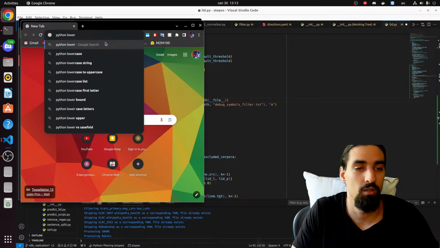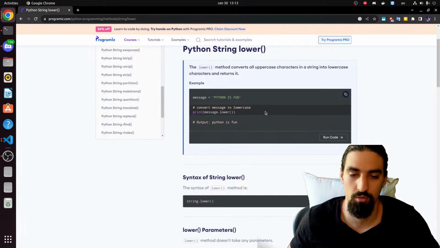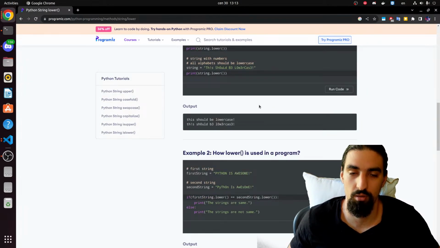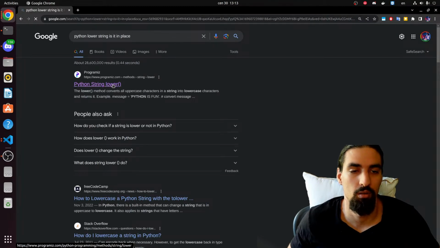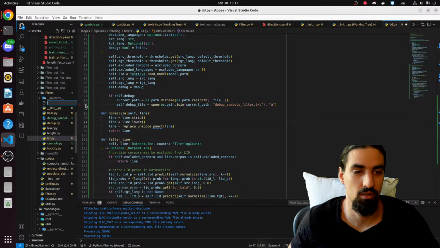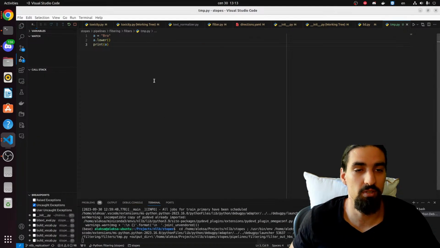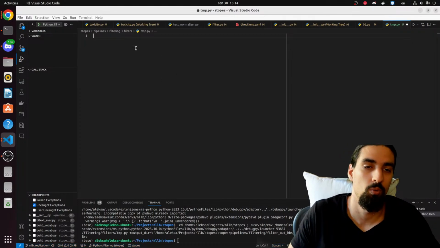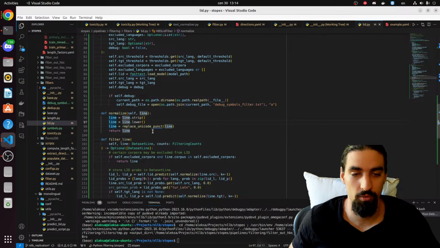Python string. Does it work in place or what? Well, we can quickly test that. Let's see whether this modifies it in place. It does not. So we have to return back the result. So we strip, we lower, and then replace Unicode. Okay, so